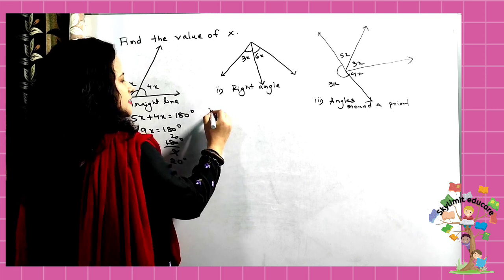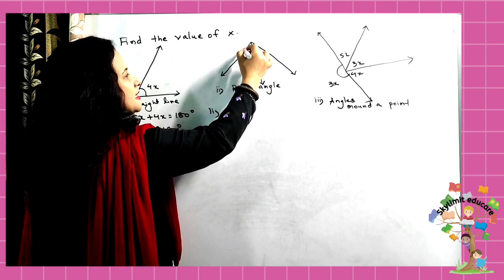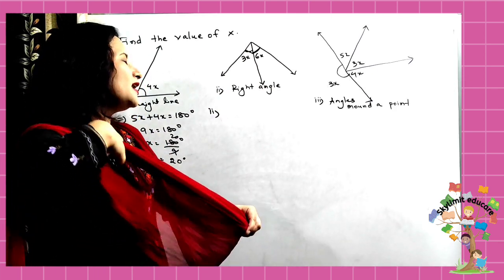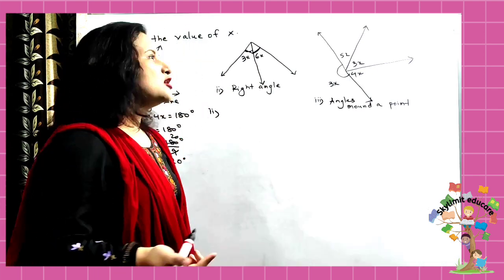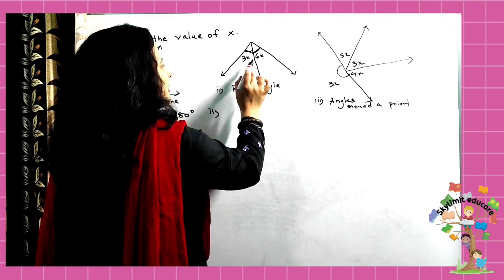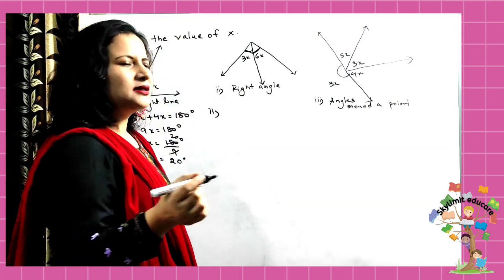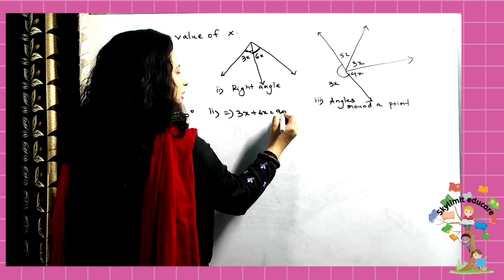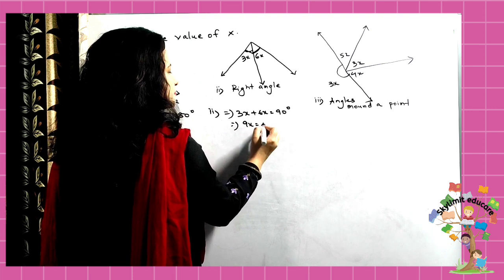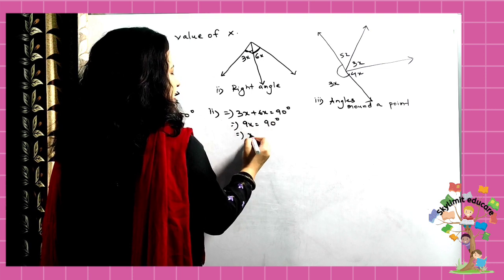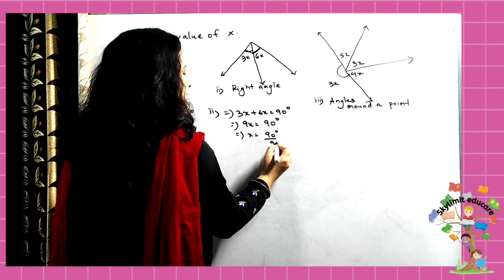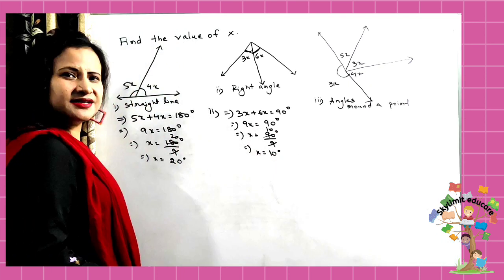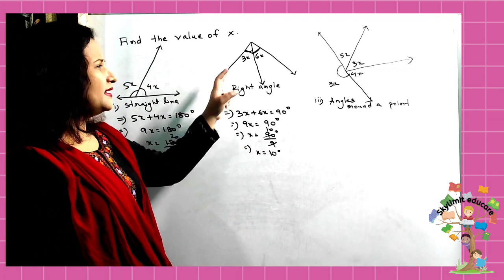Now the second bit, students, here. Right angle. What is mentioned here? That this is a right angle. This complete is what? A right angle. Right angle means it is equal to how much? 90 degrees. So there are 2 angles here which add up together to form a right angle. That means what is the equation you have got here? 3x plus 6x should be equal to 90 degrees. So 9x should be equal to 90 degrees. So x will be equal to 90 degrees divided by 9. So we got here x is equal to 10 degrees. Right? I hope the idea is getting quite clear with everyone.